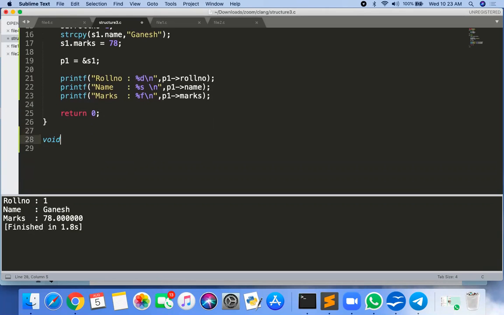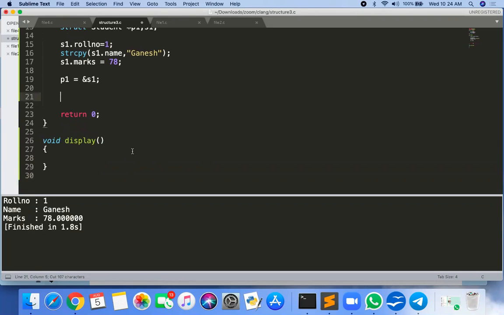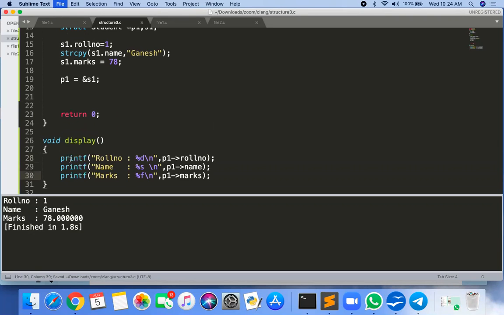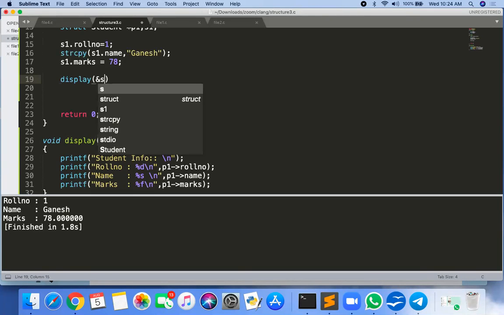Now what we do here, we write one display function which will display the contents of your student information. And now to call this display, I need to use the address of S1.